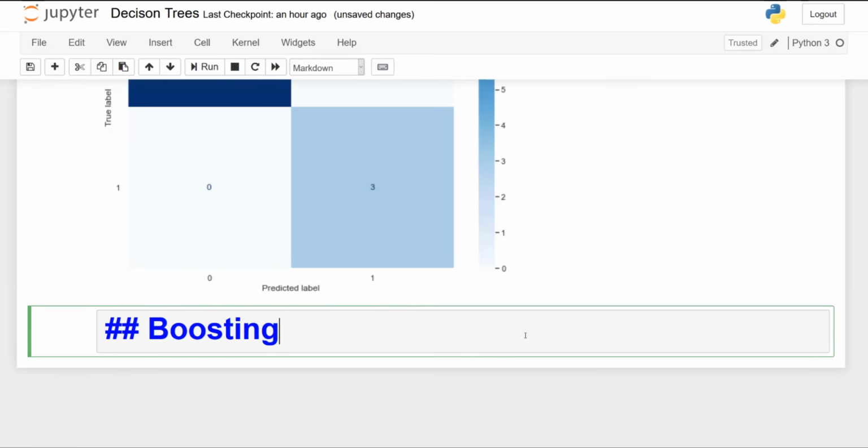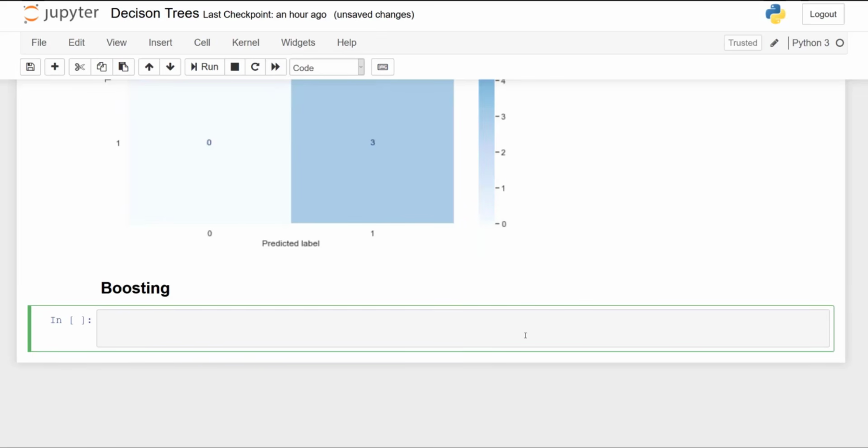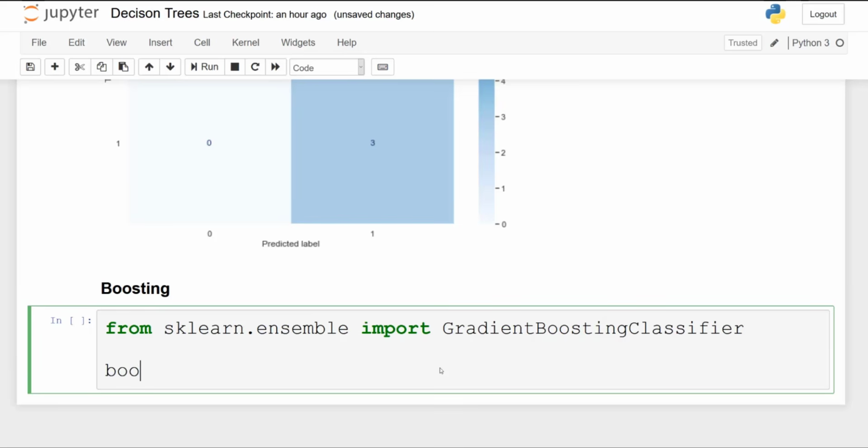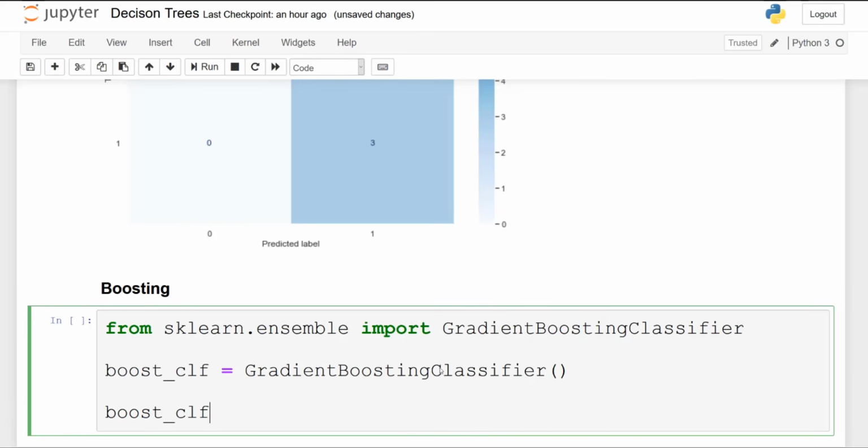And finally, we're going to implement boosting. So from sklearn.ensemble, we are going to import gradient boosting classifier. As we have done before, we initialize the model, then we fit it.